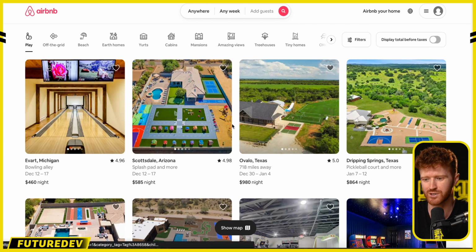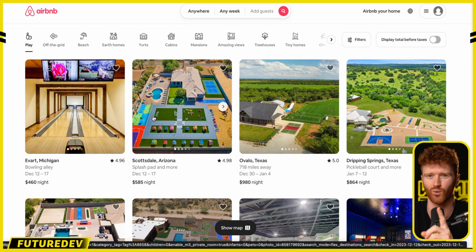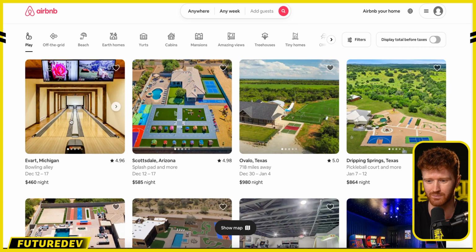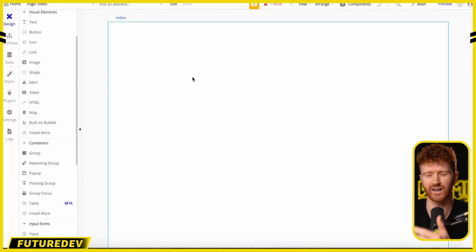And remember, when we're doing this, we only have to make one. So we only have to make this element, and then everything else will display. Even though it looks like a lot, it's really only making one single component and then just replicating it throughout the page. The same with the icons here. So let's do that. So we're in our index page in Bubble, and the first thing we need to do